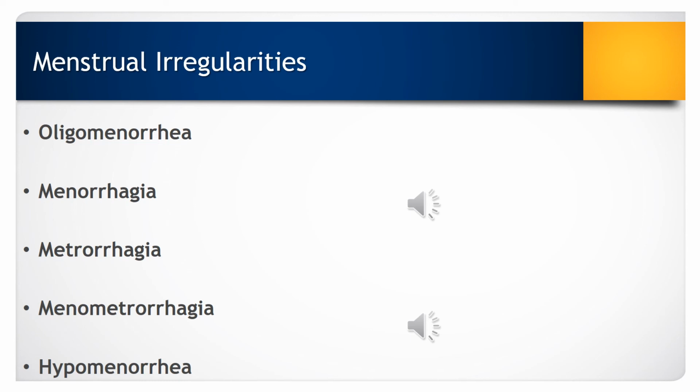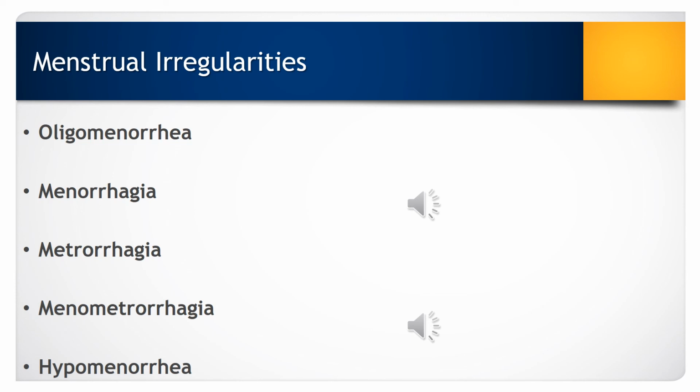Menometrorrhagia is excessive irregular bleeding. So not only is this bleeding occurring at the wrong time, i.e. in between her normal cycle, but now it's heavy and it's lasting for a long amount of time. And then lastly is